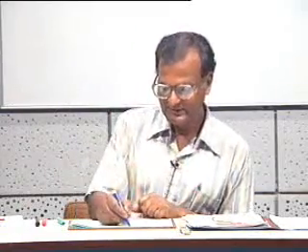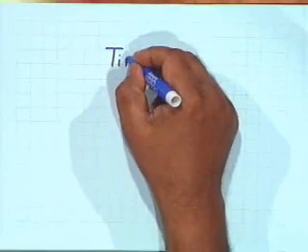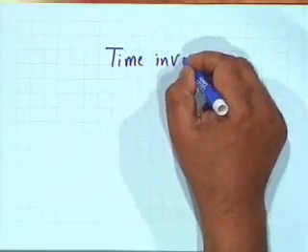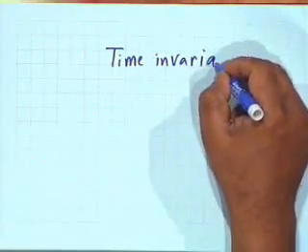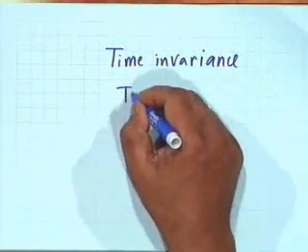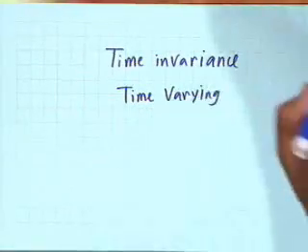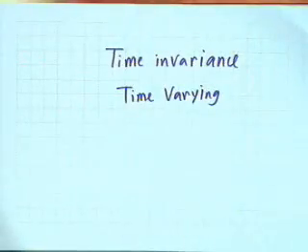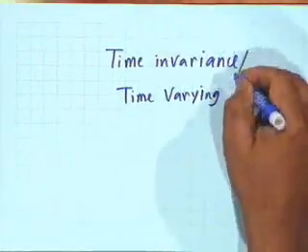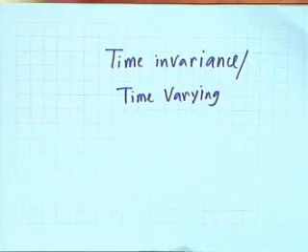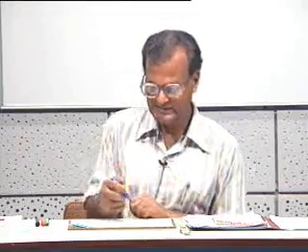Then we come to the question of time invariance and time varying. Time invariance and time varying. Okay, a system, let me give first the formal definition, then I shall explain in qualitative terms what is time invariance and time varying. A system is said to be time invariant